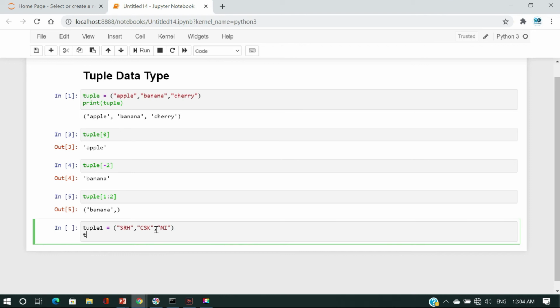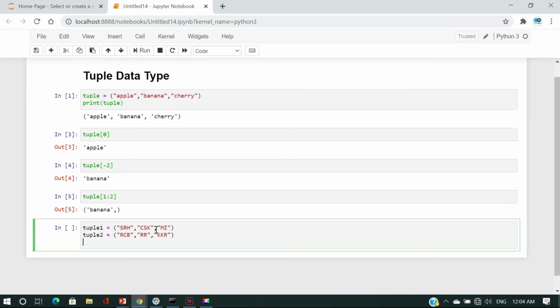And tuple 2 values: the next team should be RCB, and the next should be Rajasthan Royals, and the next should be KKR.